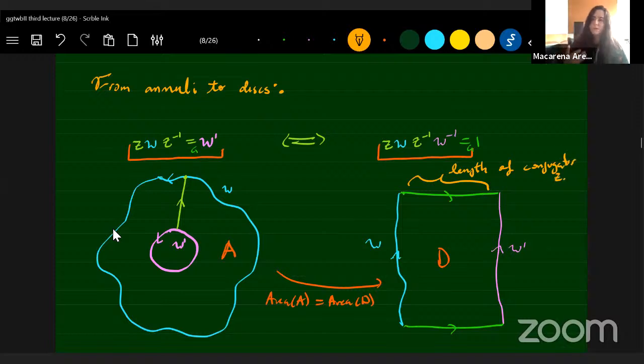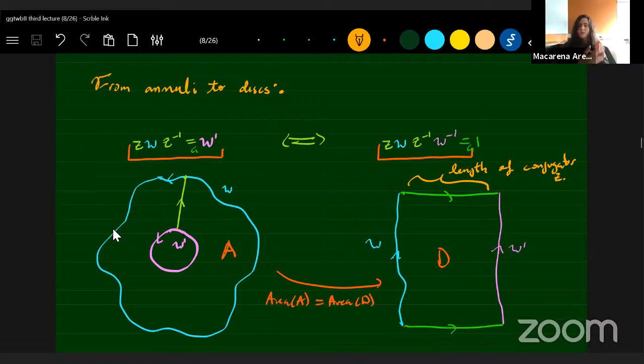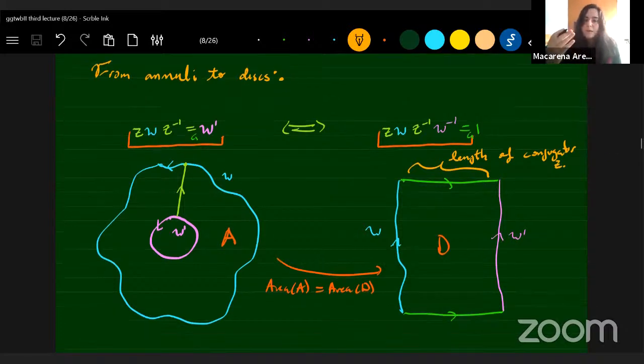So here's where the crux of the matter is. If we could always understand the length of the conjugating element, understanding the annular isoperimetric problem would amount to just understanding the classical isoperimetric problem. But understanding the length of conjugators can be very complicated. In general, there's no way to do this for finitely presented groups. So that's where the complication of the conjugacy problem lies.